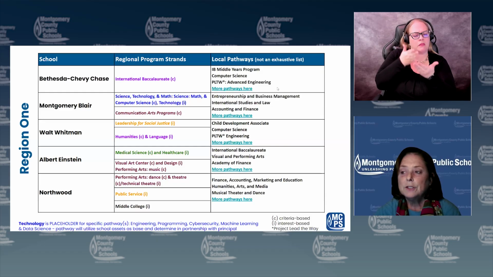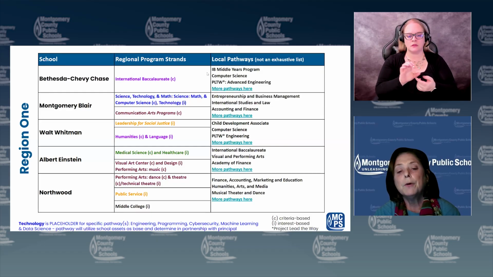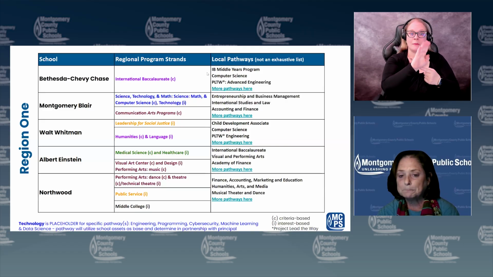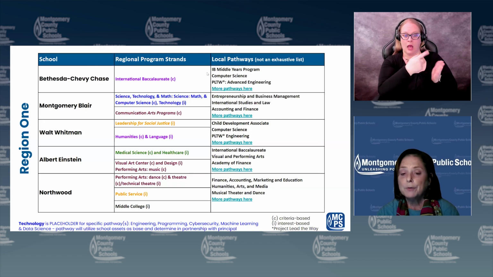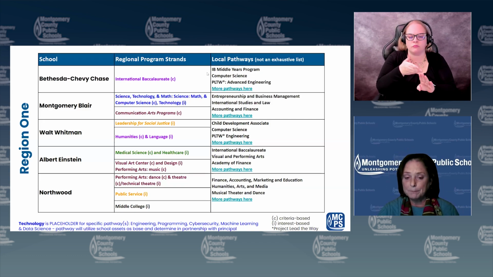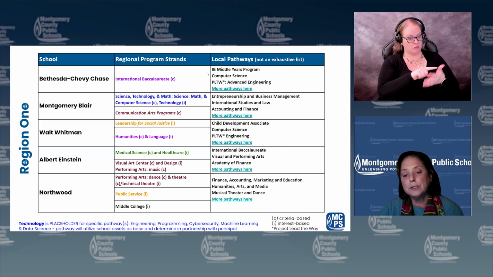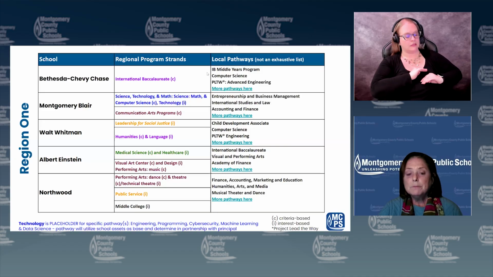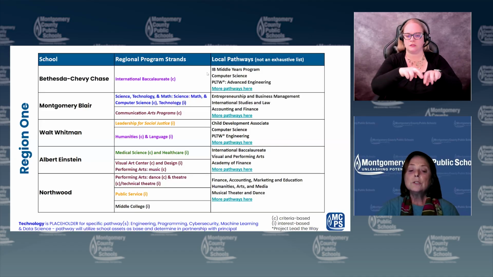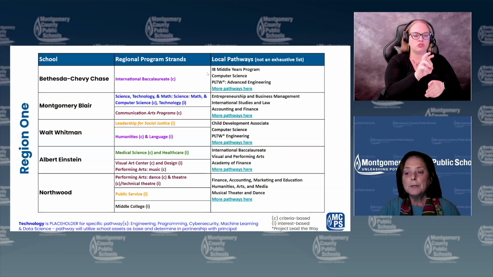At Bethesda Chevy Chase, they will become the regional IB program. You'll note there is a parenthesis with a C, which is a criteria-based program. Students will have to have prerequisites to apply and then be considered for a seat in the program based on meeting set criteria. We have these throughout each of the regions and each of the high schools. As mentioned, each school will host a criteria and interest-based program as closely aligned as possible to what could be available at the schools. Montgomery Blair